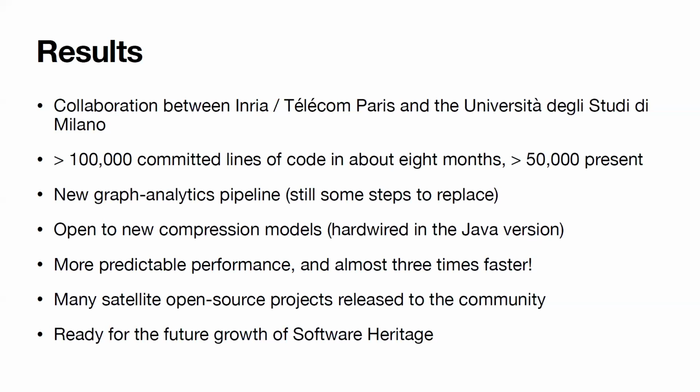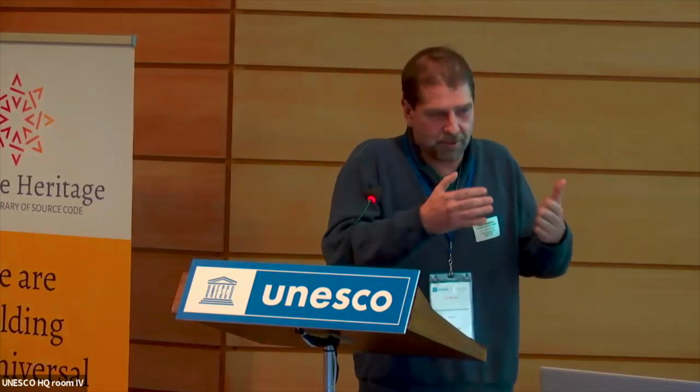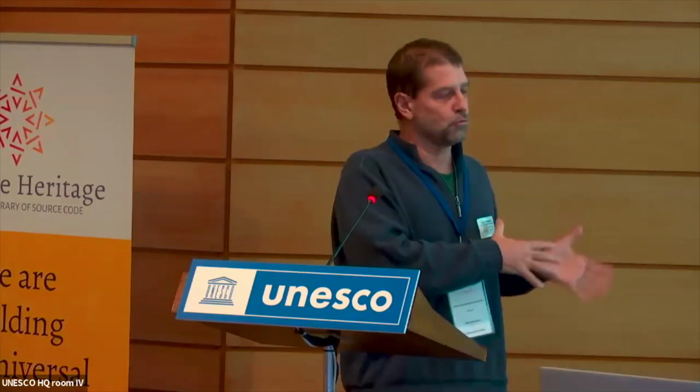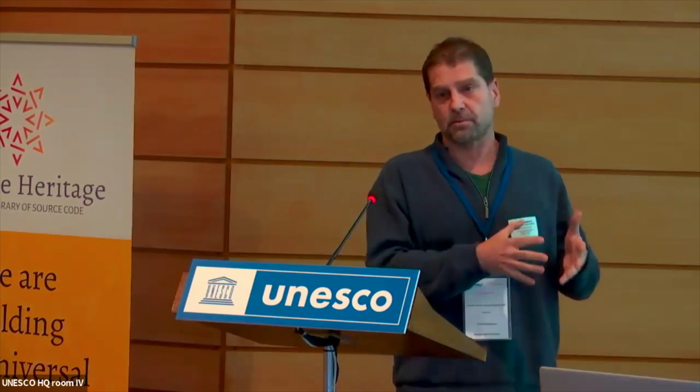And what happens is that presently, I think the analytics pipeline is ready for the future growth of Software Heritage, because we expect this graph to grow continuously. And of course, at some point, you will need larger hardware, better algorithms, and so on. But this first step is fundamental to move into the 21st century, because we're moving from a language that was having major performance problems to a language that makes it possible to really get the best possible performance from the hardware that is available.